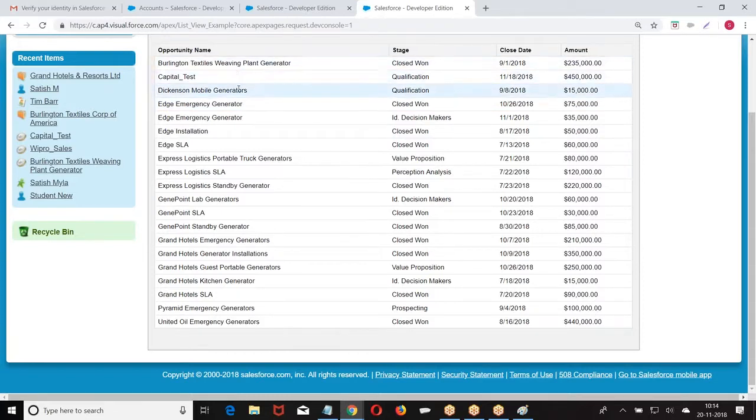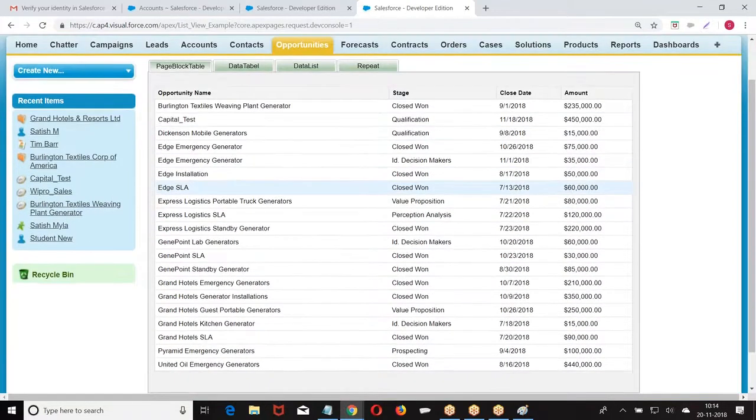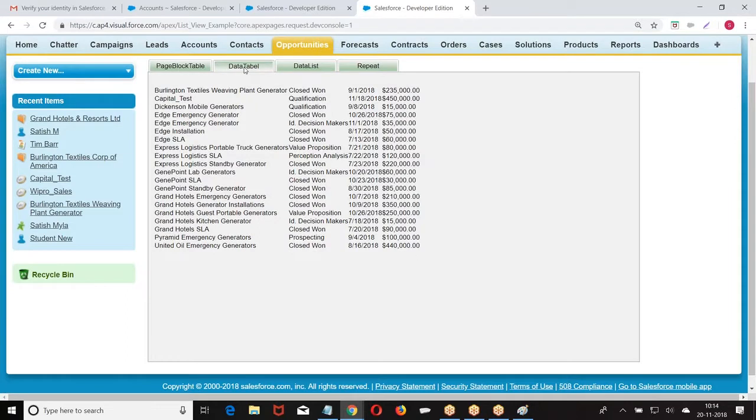How is the data selected? Particular column or entire row? Entire row. How are you getting the data? Exactly the same way Salesforce displays it, the same style I got here. I give data table. Now what happened in this case? It is also a table, but you are not getting the look and feel of Salesforce.